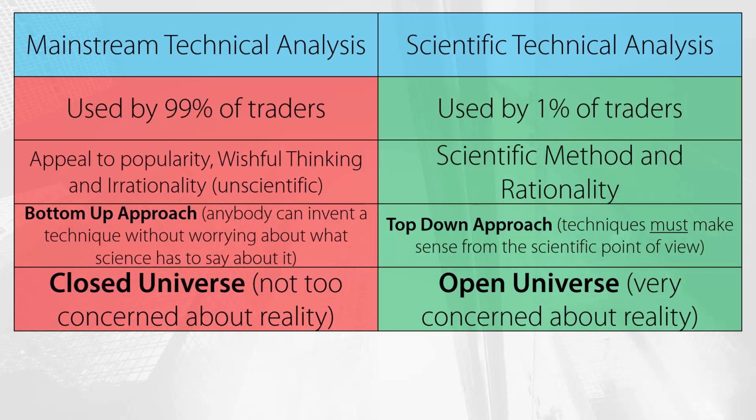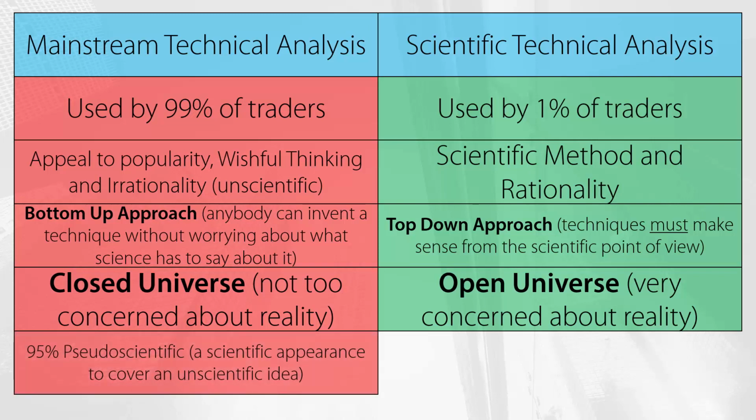This is where the creators of the mainstream type of technical analysis use a cheap trick to attract people who are unaware about the difference of thinking scientifically and unscientifically. Imagine that there is a third way of thinking about the world that is a mixture of the scientific and unscientific ways. This third way is called pseudoscience, and it composes about 95% of the mainstream technical analysis. Pseudoscience is when a scientific appearance is used to cover an unscientific idea to give it some credibility. That means that pseudoscientific ideas only look good, but they fail miserably once you break through their surface to see what's going on behind the curtains.